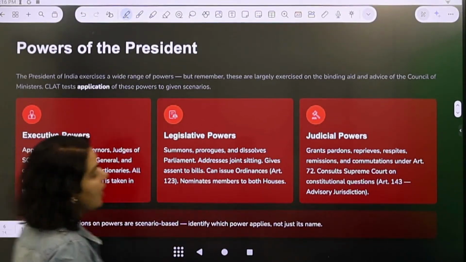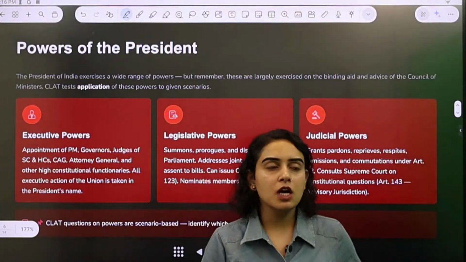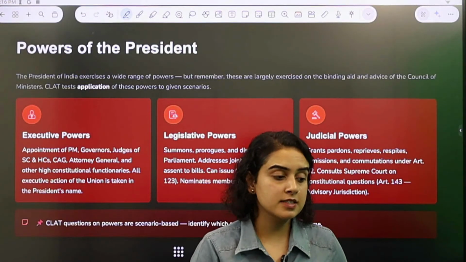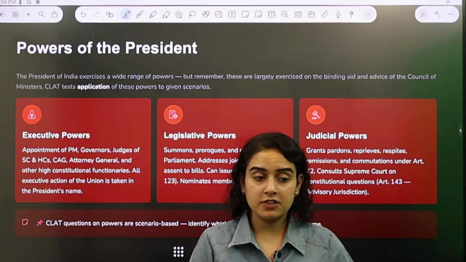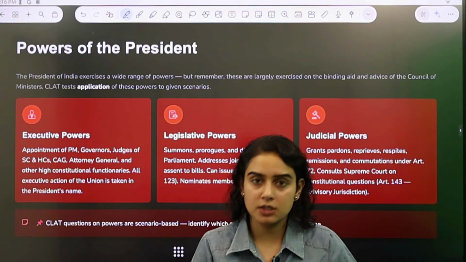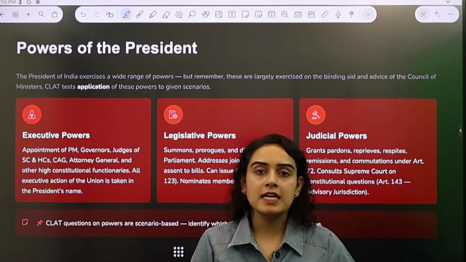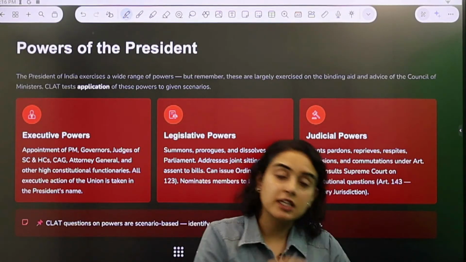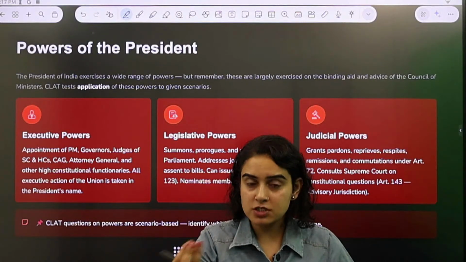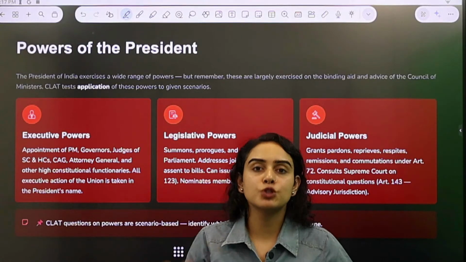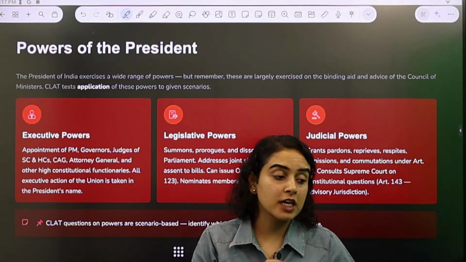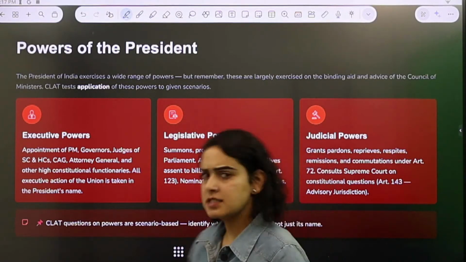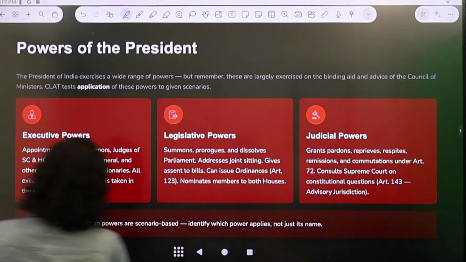Important: what are the powers of the president? In the beginning I mentioned that the president is an executive body, right? He is an executive. Executive means that he has to implement and execute laws. So yes, he has some executive actions, but he also has some legislative, which means law-making actions, and also some judicial, which means law-protecting actions. Now what all these actions and powers are, let's understand. Let's start with the executive powers that the president has.